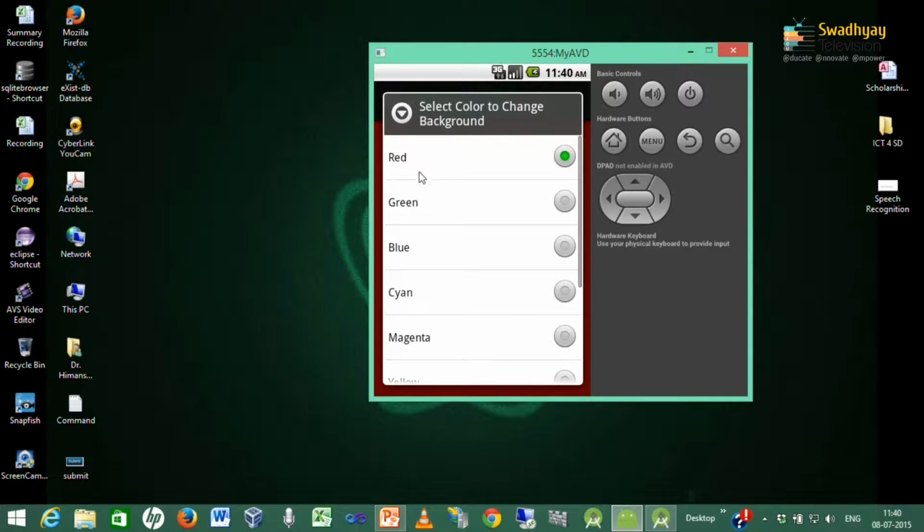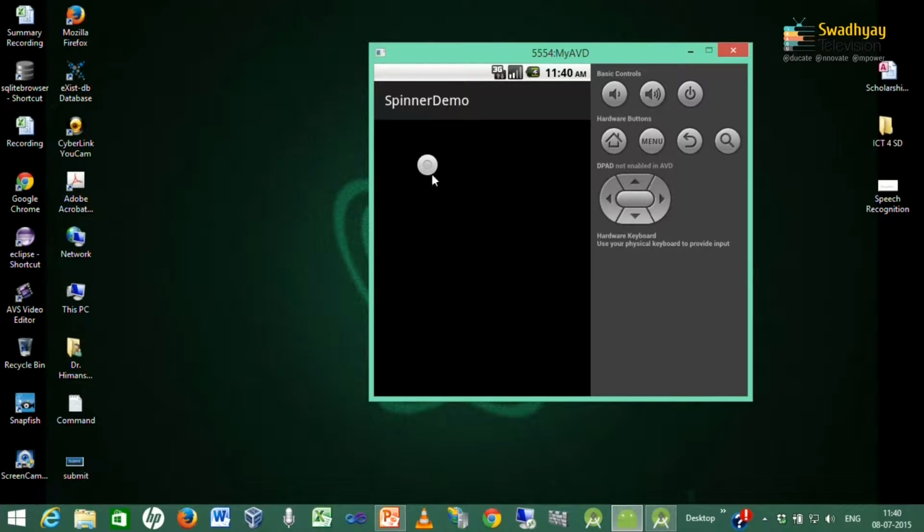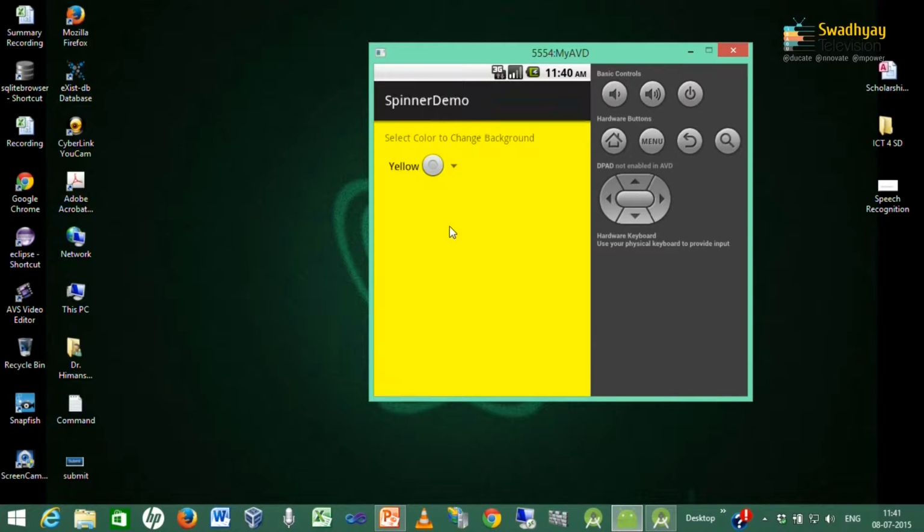So, this kind of item is displayed by the spinner, and by selecting one of the items we can do an appropriate action on the screen. Spinner is also used to display multiple items, but it occupies less space.